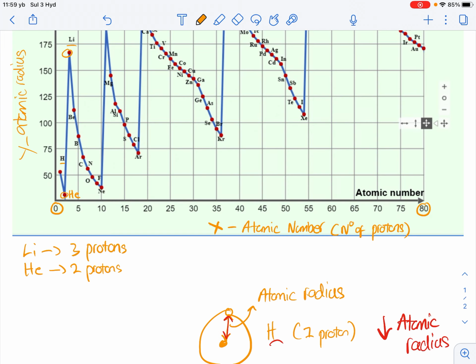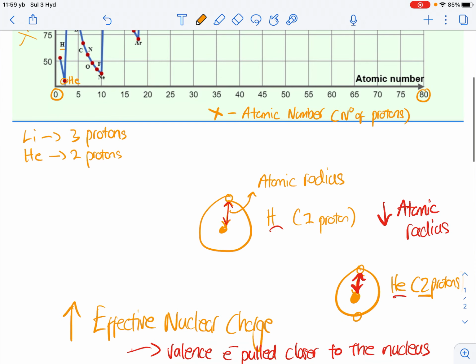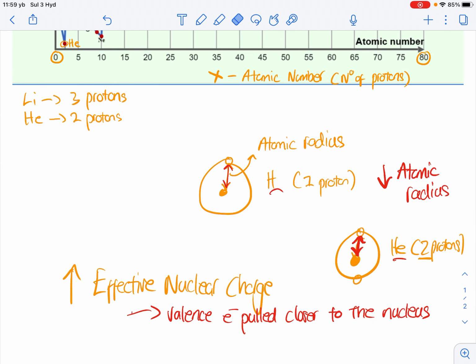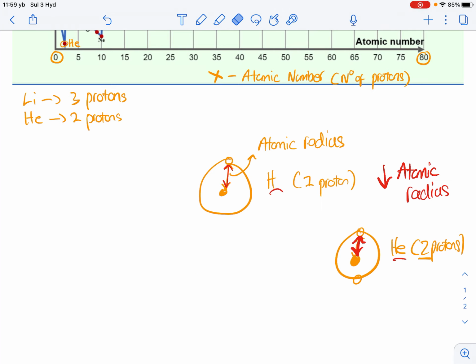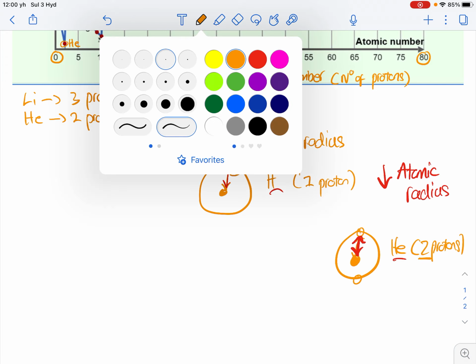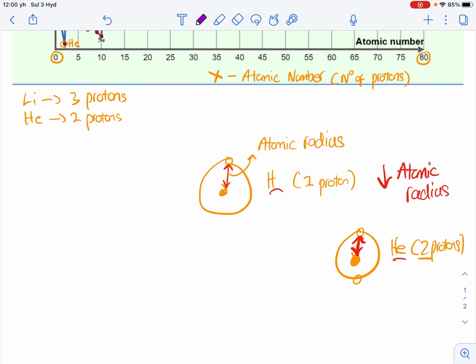Okay, so based on what we just talked about in terms of hydrogen and helium, you would think, if anything, if you're adding an additional proton to the nucleus of the lithium atom, this effective nuclear charge is going to be even stronger. And so you'd think the valence electron is going to be pulled in even more. However, we have to also remember here that when you look at lithium on the periodic table,